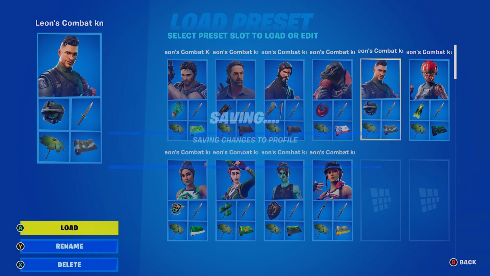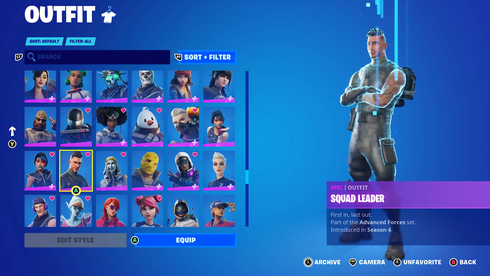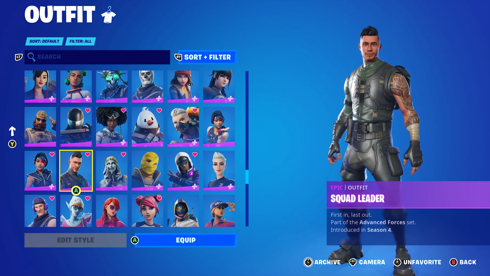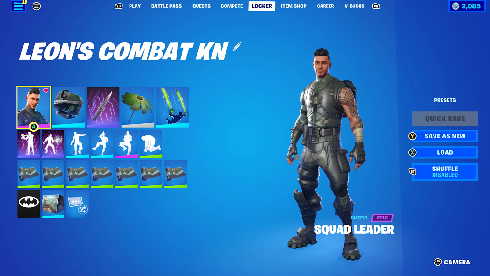Let's move on to the next skin. I find this one works very nicely, the Squad Leader. And this is from Chapter 1, Season 4, as part of the Battle Pass in that season. And it also is part of the Advanced Forces set. I find this works very nicely because of the green of the pickaxe, or the knife itself, I should say,